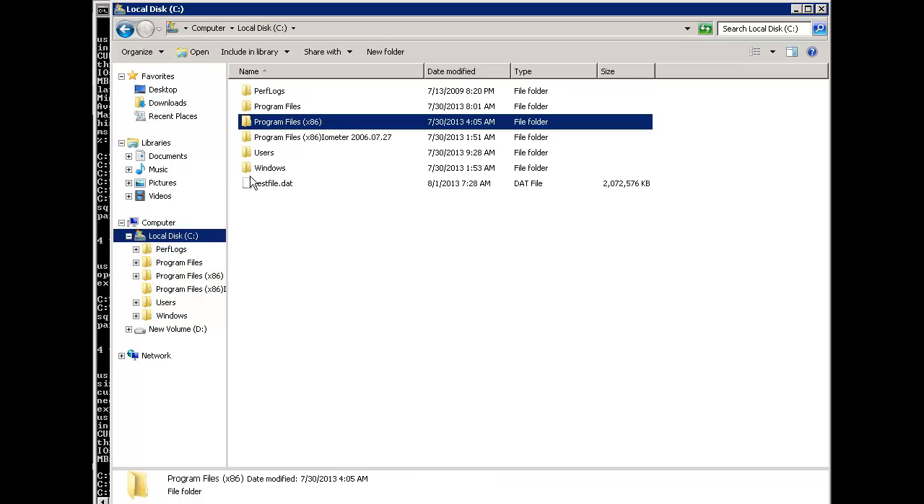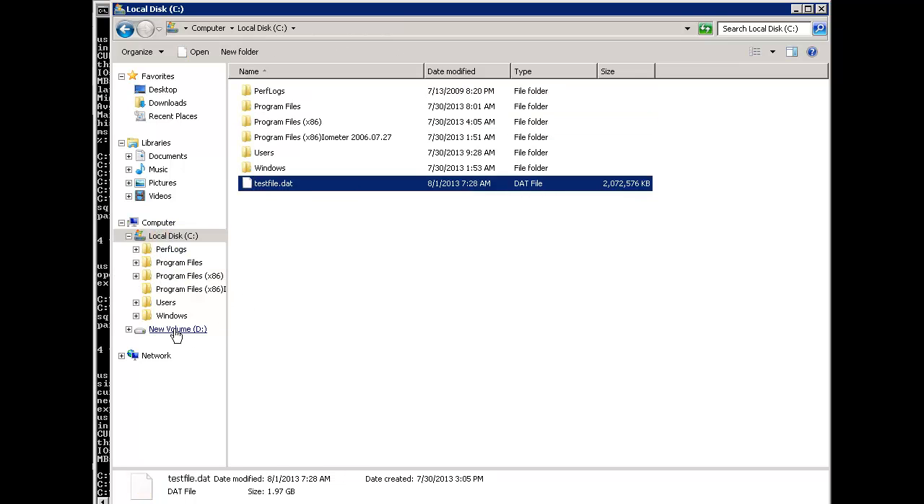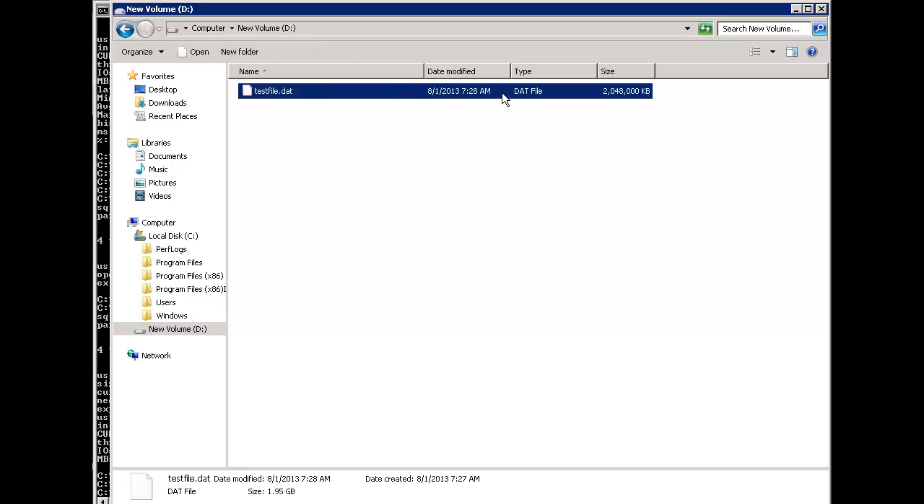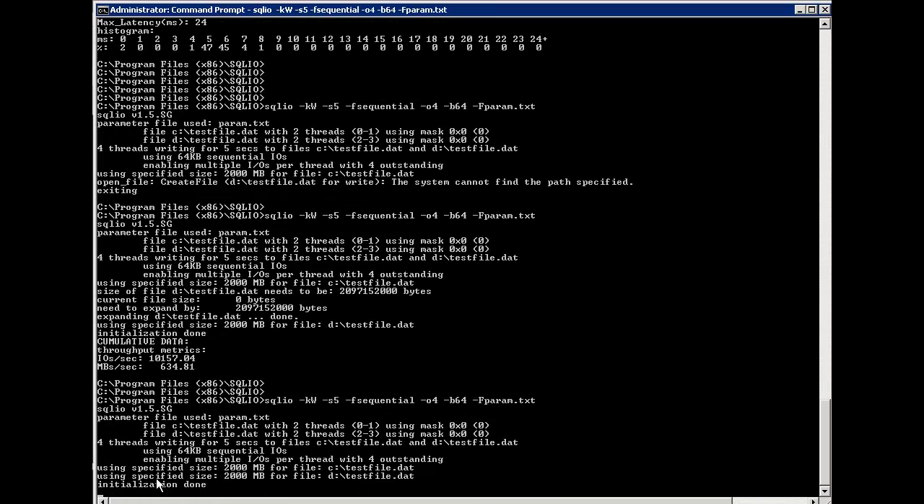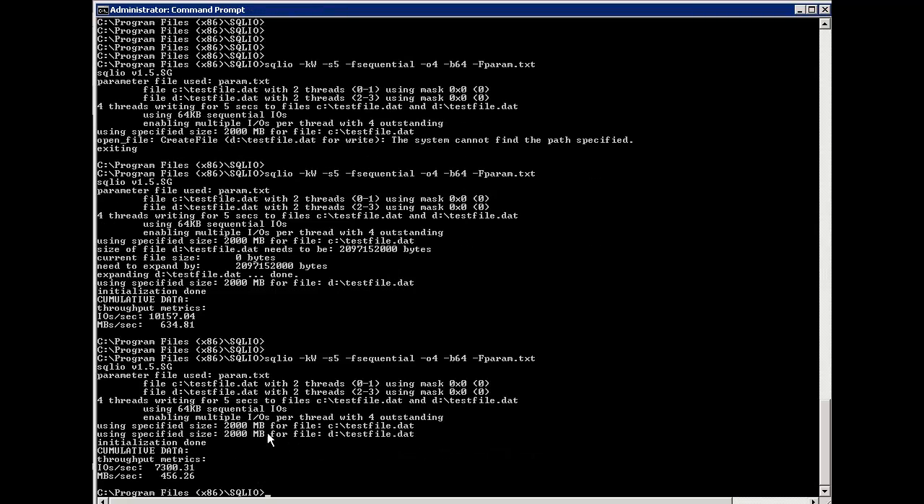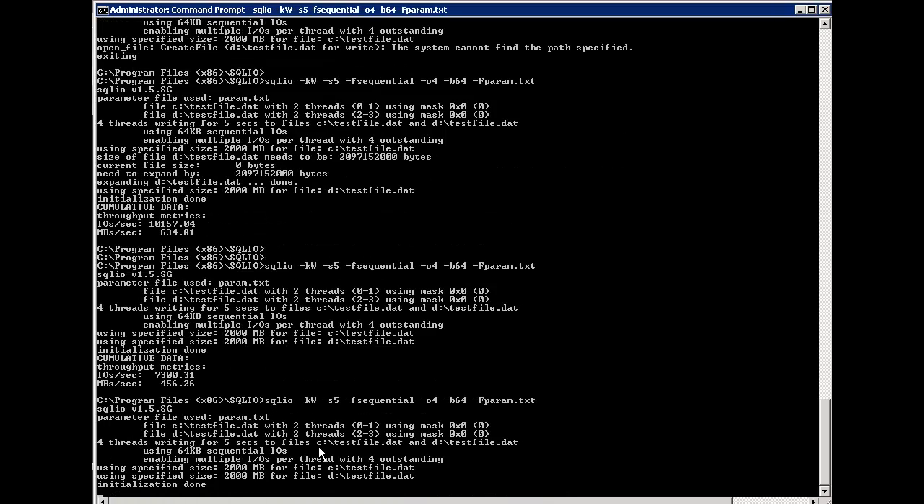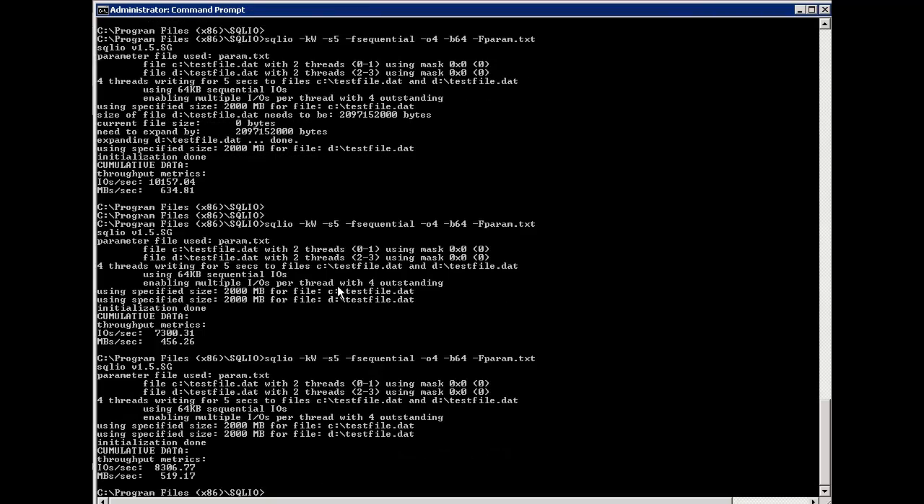On the C we have this drive, a test file already, and on the D it was created as well. I can maybe just repeat the process. So you see, using the specified file, it's 2000 megabyte for the C test, and same for the D test file, and that was the speed. One more time, 8000 I/O, 500 megabyte per second. So we have the test files,